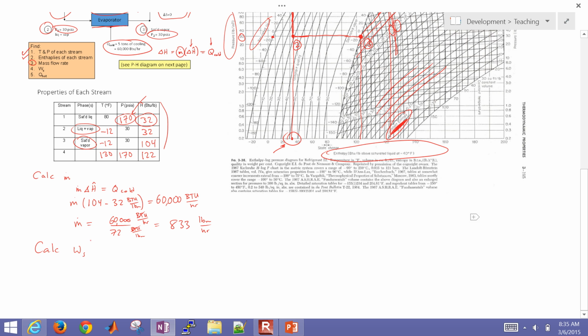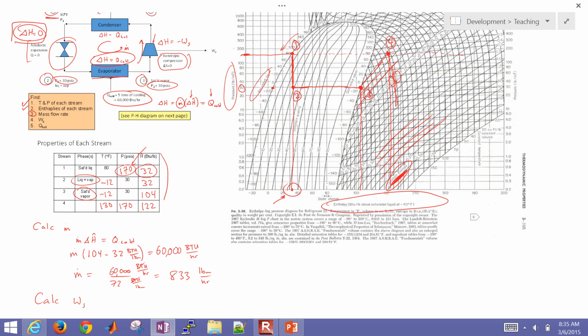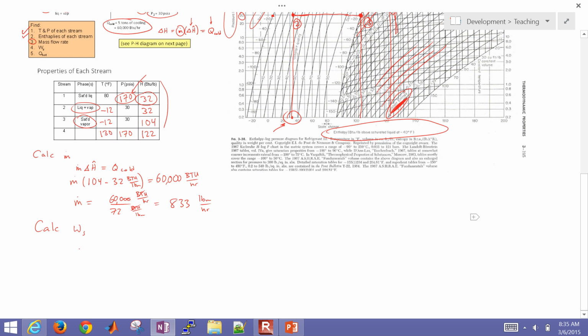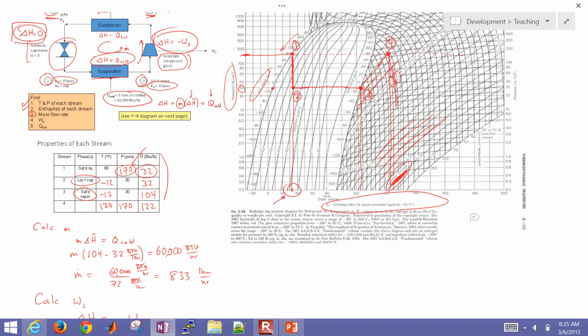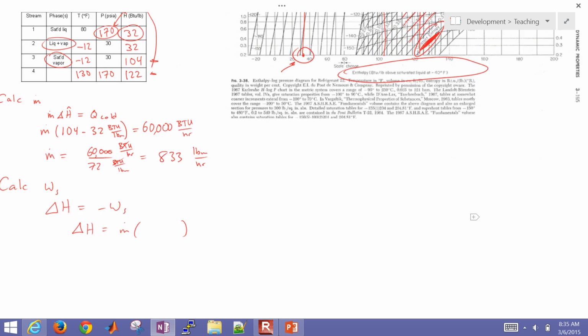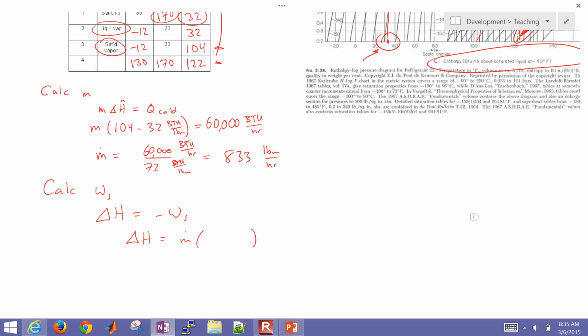Okay, so that is going to be, as we said before, delta H equals negative WS, but delta H equals m dot times, okay, now let's look at our difference. It's going to be the specific enthalpy of 4 minus the specific enthalpy of 3. Okay, so the difference between those two right there. Okay, so that's going to be 1